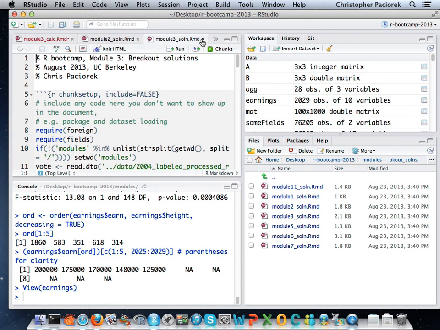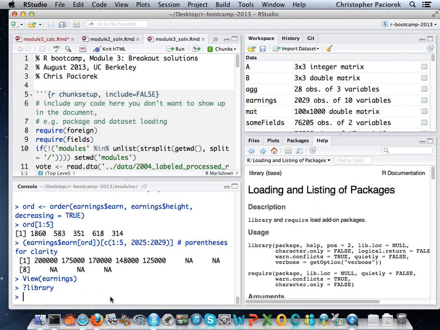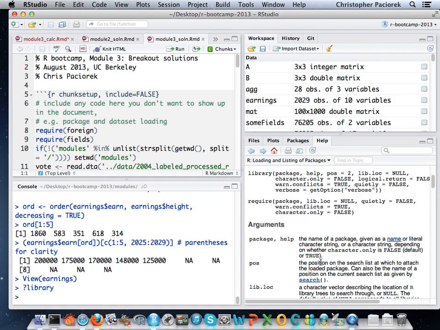Yeah. It seems like sometimes in places where you would think there would be a string, like if you say library, you actually just write the raw name of something that doesn't exist and it treats it like a string. Yeah, that's a good question. Library is a way that we load a package, as we've seen. If we do help on that, let's look at the help and see what it says. It says the first argument is the package you want to load, the name of the package given as a name or a literal character string. I'm not totally sure how to interpret each of those pieces, but that's basically what you're saying. You could either say foreign without quotes or foreign with quotes.